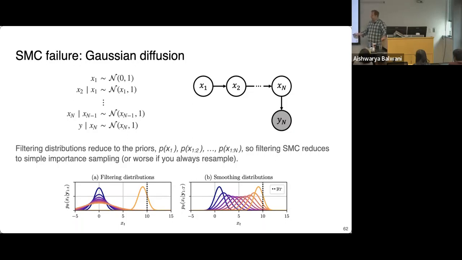And instead, what we'd like to do is sample our particles at each time step from the smoothing distribution that has the advantage of looking ahead and saying, I know I need to end up at time step 10 at the end. So let me make sure that I get some particles, even at time step 1 and 2, that are going to be biased in that direction. If you could do this, you'd be in business. But if you use the filtering distributions like is standard in SMC, you're going to suffer from this particle degeneracy, especially in this very simple case.